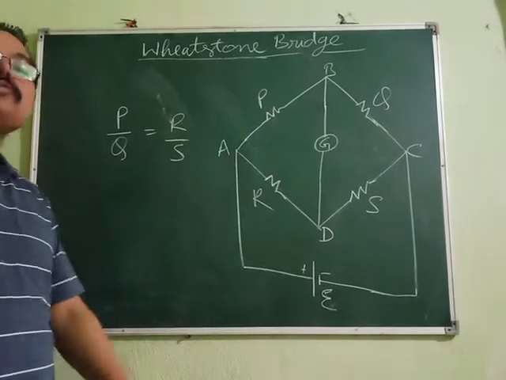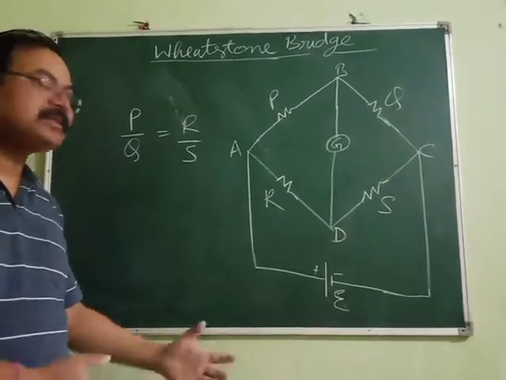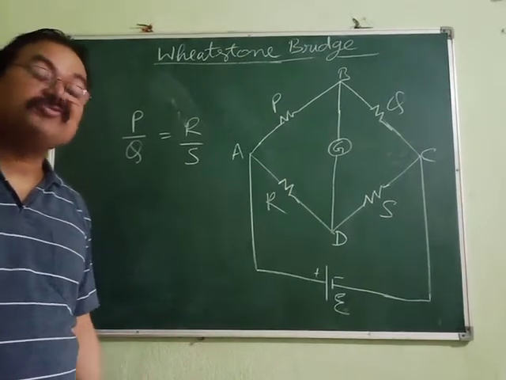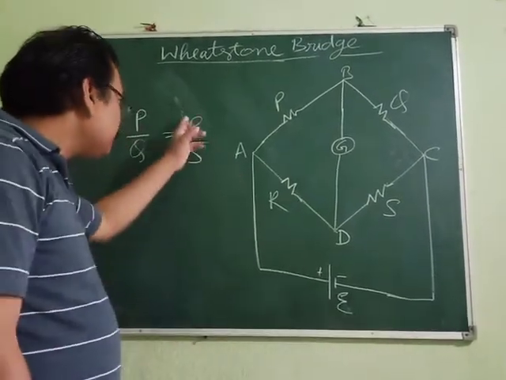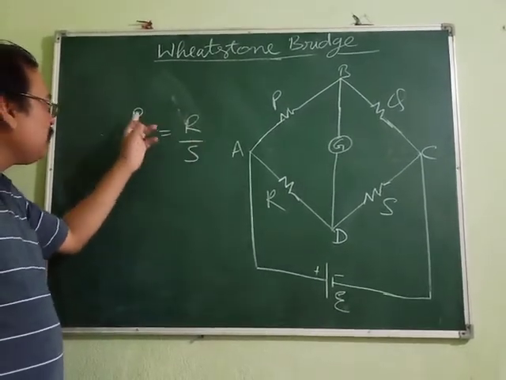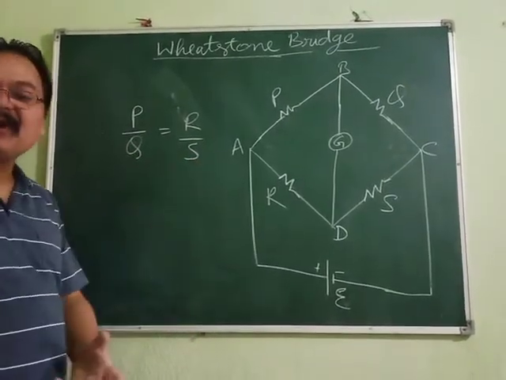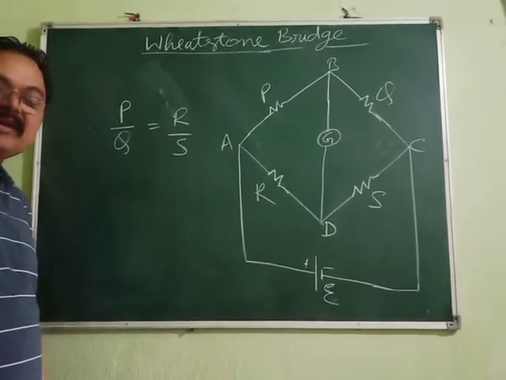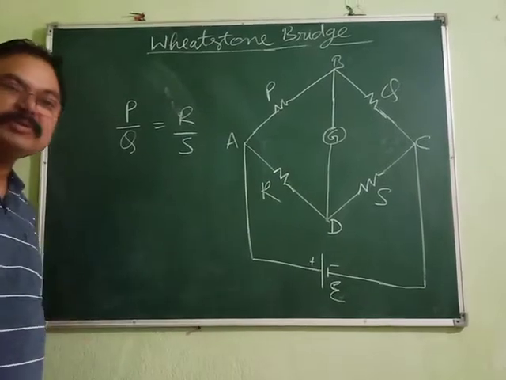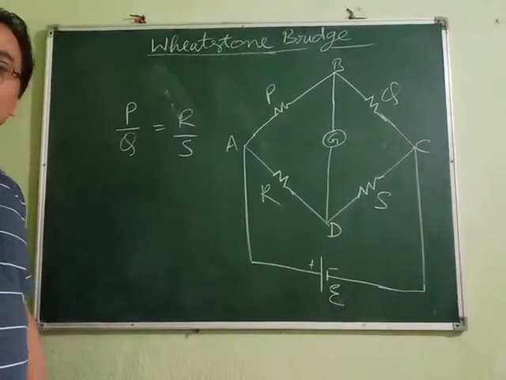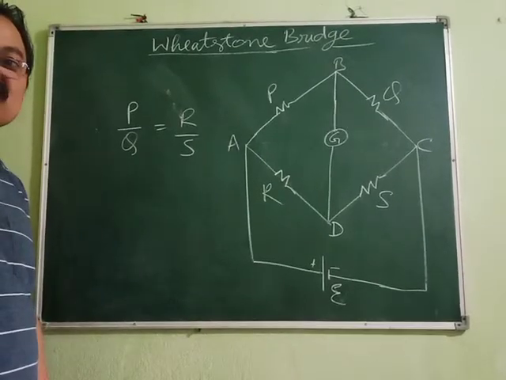And this is very useful actually. We use the Wheatstone bridge to find the resistance of an unknown resistor. Because if one arm resistance is not known, suppose here it is not known or here it is not known, and all the remaining three are known, then very easily we can find out its value, and very accurately. So this is used, and based on this concept, devices are framed which are very much utilized.